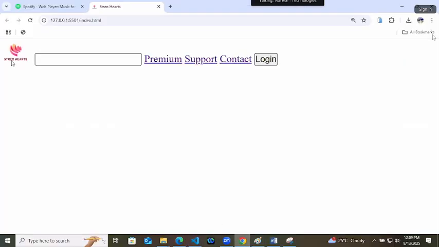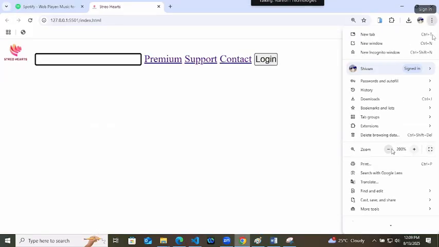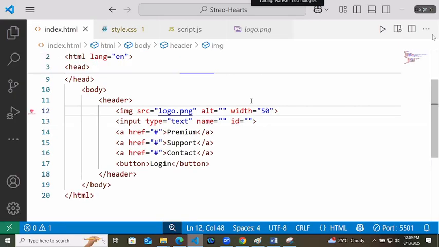Header should display means we want to align the things. If you check here, they are not aligning properly. And go back to 100. I think we are on zoom. So increase the width again. And always check that you should not be on zoom. Stereo hertz.